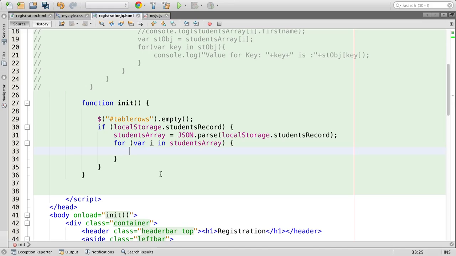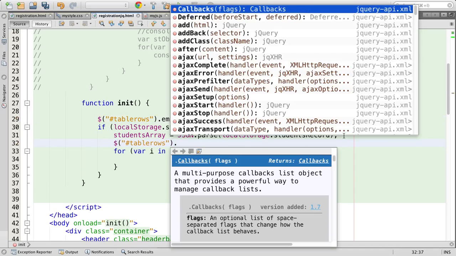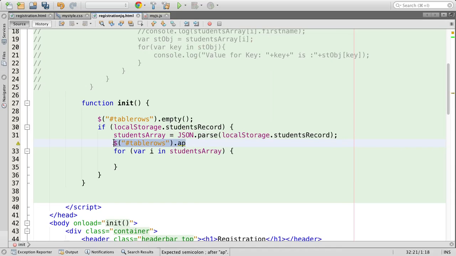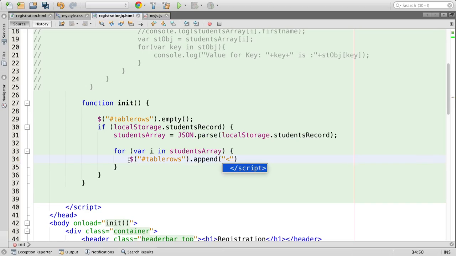I'm trying to use a jQuery property called append. So appending a DOM, an existing DOM can be appended with additional values. So that I'm going to use. So this DOM has been set empty, and just before the JavaScript for loop starts, inside the for loop, because I'm going to add one more for loop inside, I'm going to use append, going to add a table row